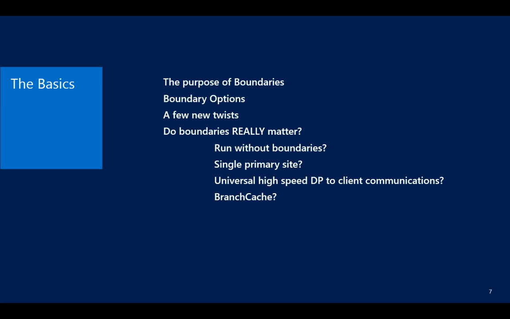If the answer is yes, and the switches are set in policy and such to make it happen, then the client just goes to its peer and starts pulling down the content, which is really cool because it really reduces the load on your DPs and has a pretty significant impact on reducing the number of DPs that you need in your environment. But if the client asks on its local subnet and doesn't have